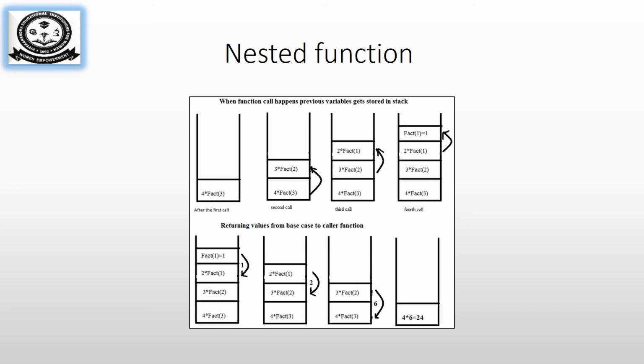When factorial 0 is executed and the result has come, it will pop one recursive call from the stack. So fact 1 will come, it will get its answer. Again fact 2 will come, it will get its answer. Then finally fact 3 comes, it will get its answer. Then the answer will be pushed into the stack. So this is how recursive calls use the stack for their execution.